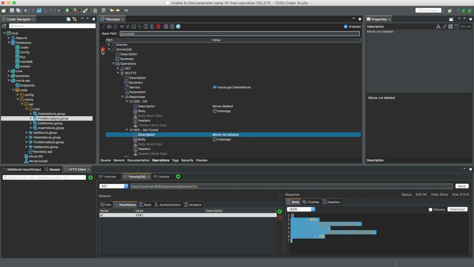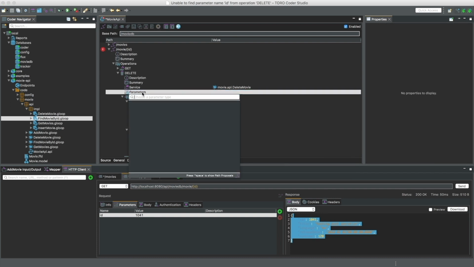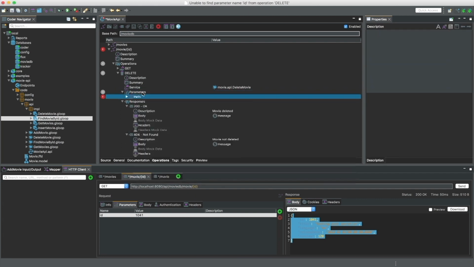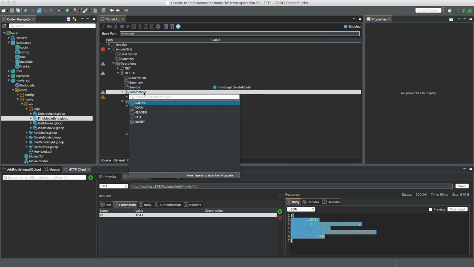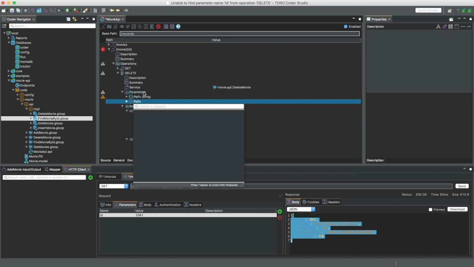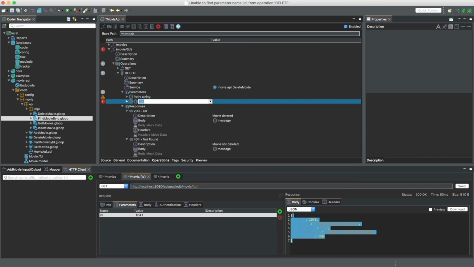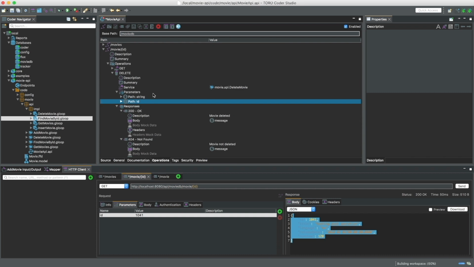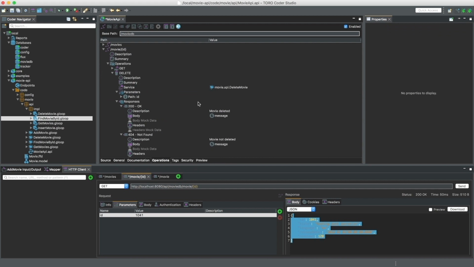Alright, so you can see I still have an error here because I didn't add the path parameter, so we're going to do that last. Parameter, path, add property, and then it's going to be, no, not a string, sorry. It should be integer. Alright, integer there, and I'm going to name that ID. So we can delete this one and save that. So now again, we're going to go to our service,